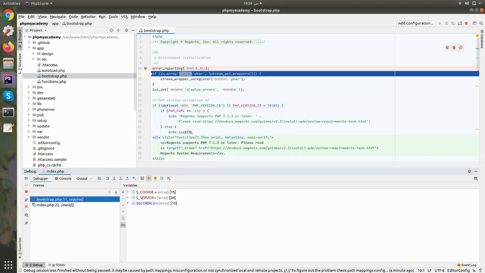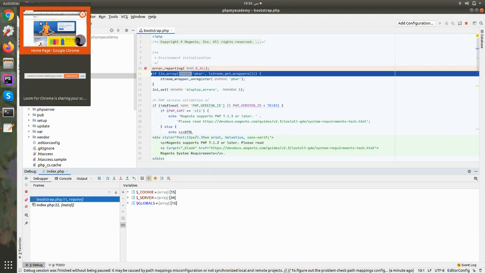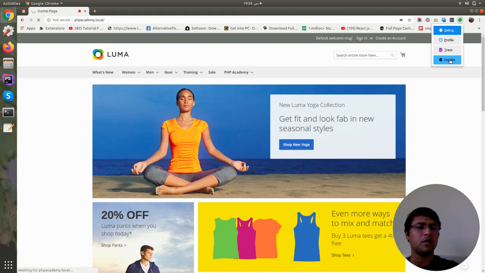You can also skip this line and go to cursor, so you can just explore these commands. If you want to stop, you can stop from here as well, and also from here. Okay, so hope you understand Xdebug and you will use it for your code debugging.